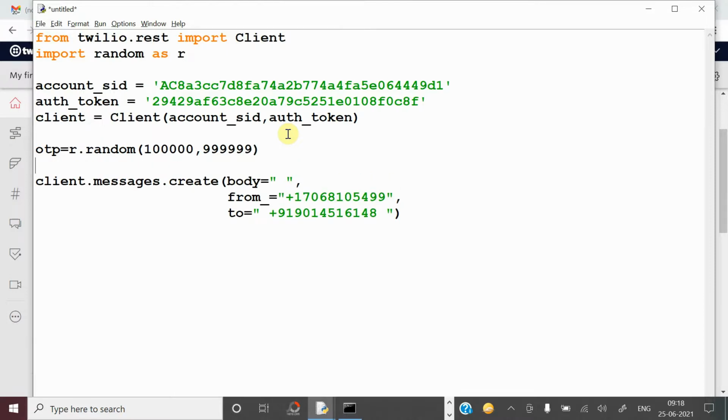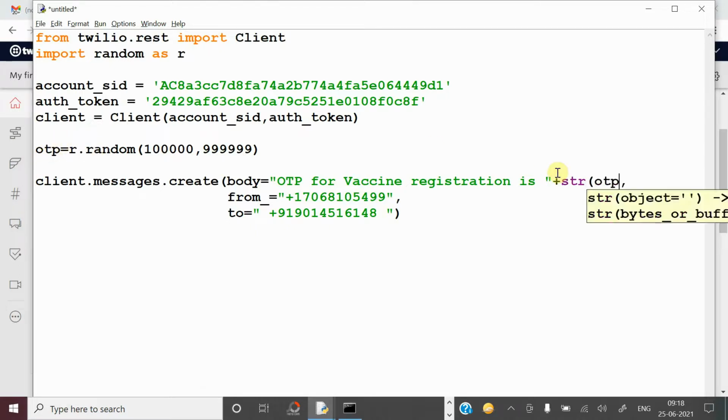Now you have to send that OTP to the other person. So here keep the message. What is the message? "OTP for ... is". After that you have to append the OTP you have generated here. Here I have to convert it to string type, so str(OTP).